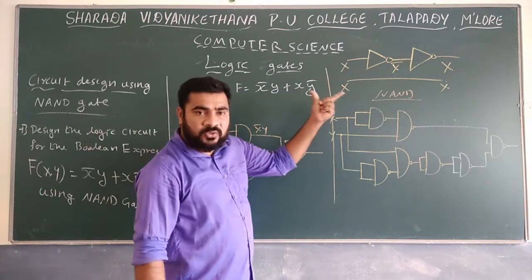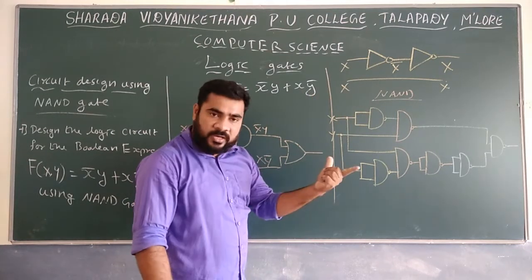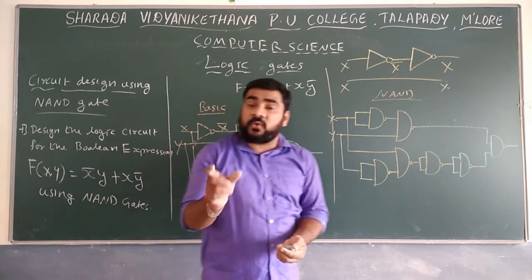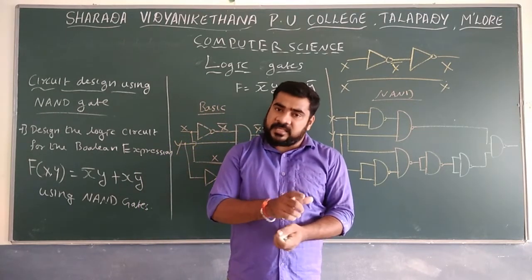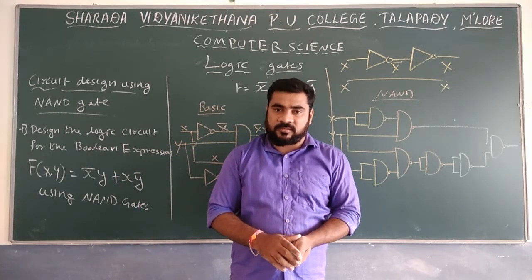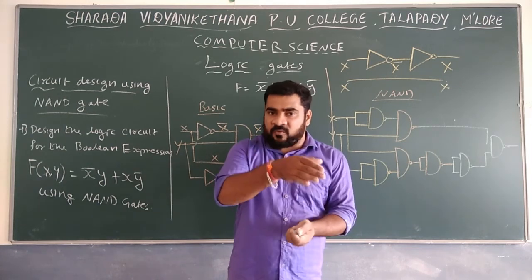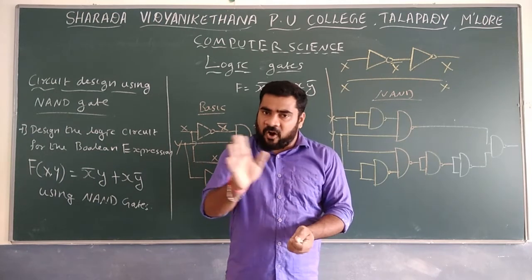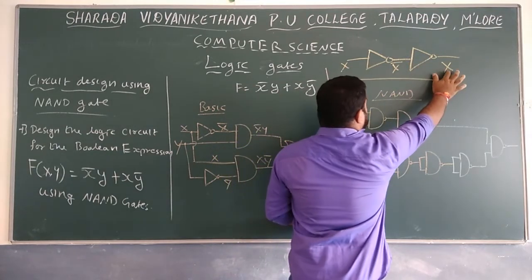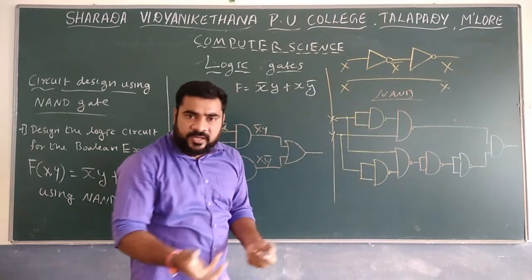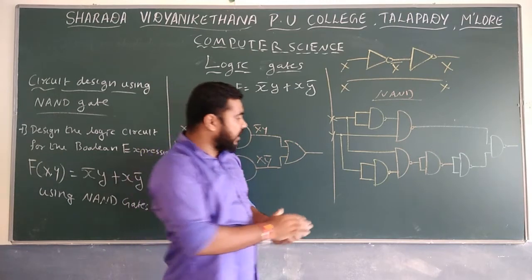Whenever you use two NOT gates together, using NAND or NOR, whatever it is, if you connect two NOT gates together, that is equal to nothing. There is no use for those two NOT gates. The output is inverted, and once again inverted, which means it is the same as the input. The output will be the same as the input. So if you are not using them, the output will be the same.